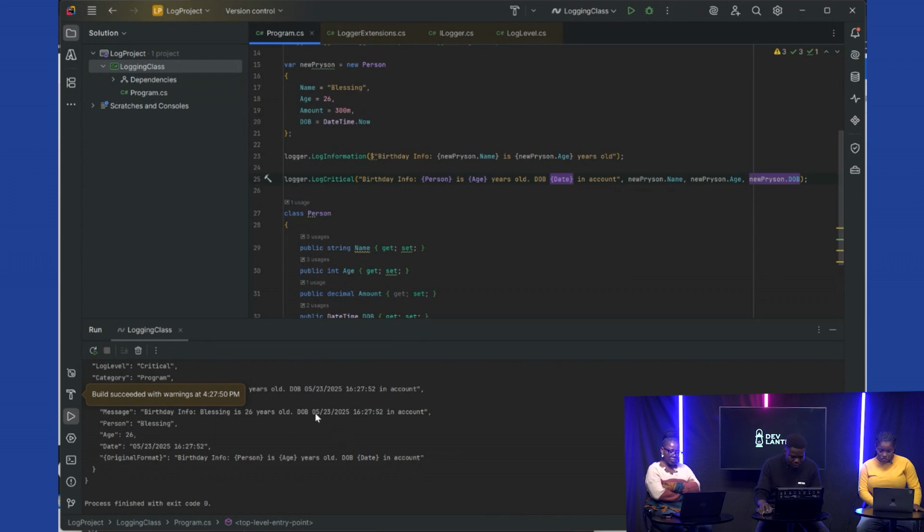Okay, it still gave us, it added time. The other one also added time. No, I was looking at the other one. This one is just the date. I'm removing this now. Let me just comment this out, so that we'll be seeing only one log. Okay, so this one, let's say again,